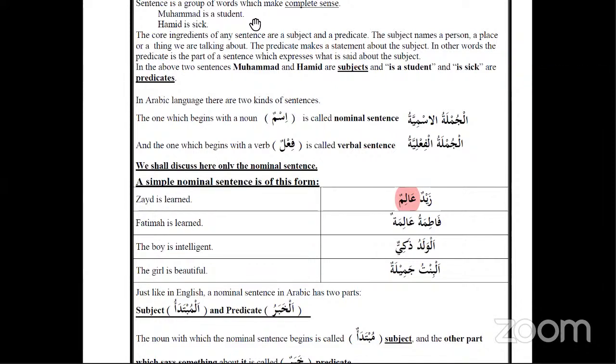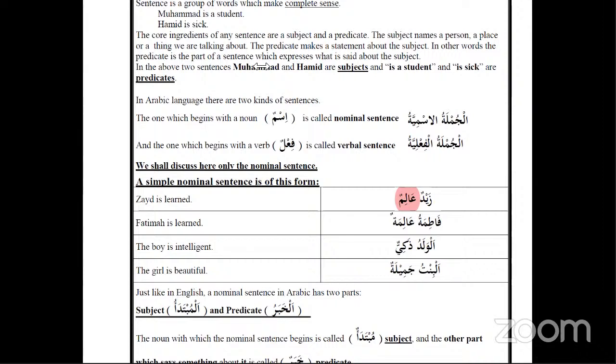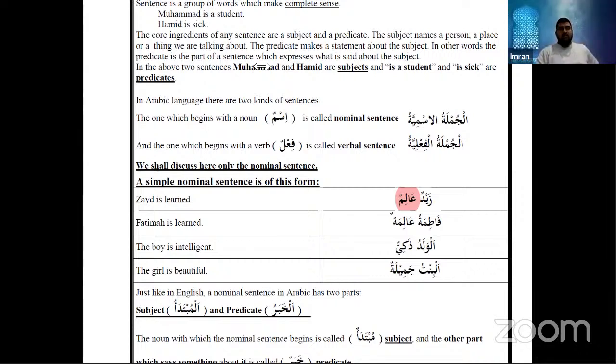Fatima to alima to, it's getting only one dhamma because it's a ta marbuta and it's a proper noun. It's a diptote. Diptotes do not get the tanween, and it is a proper noun as well. It should be with the dhamma tanween, but because it's a name and a diptote, diptotes are nouns which do not completely decline. So that's the reason why it's Fatima to. A diptote is a type of noun in the Arabic language which does not get tanween itself. Okay, that's the reason why. Thank you.